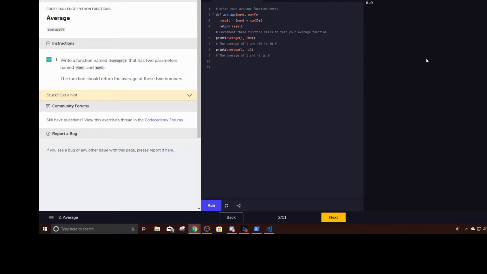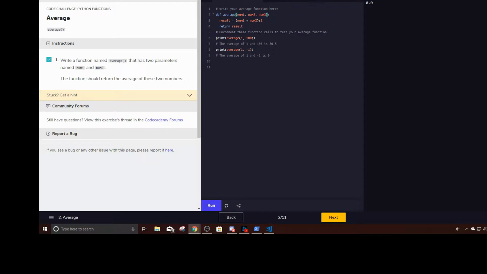So we have two parameters here, right? But what if we had a third parameter? We can't divide by 2. That doesn't give us the actual average. So this function is not the average, it's the average of two numbers. Because the average would count the number of parameters, and the divisor would be that amount of numbers. So for example, if we had another parameter called num3,